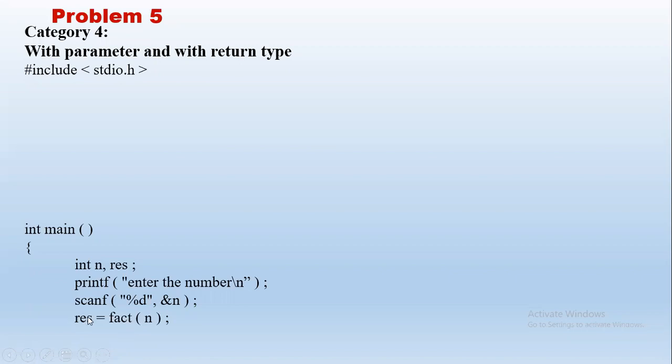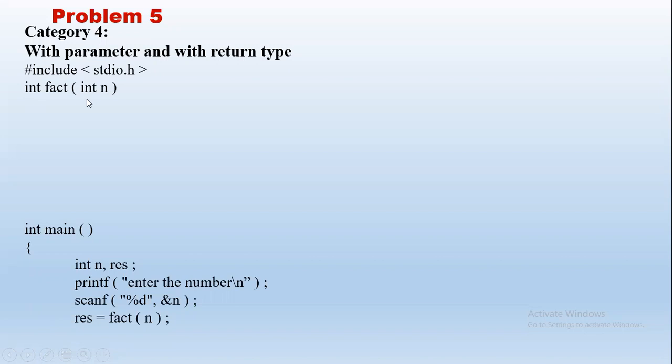Once we have this function call, the compiler will move the control directly to the function. Until now, the compiler has seen only this much, and that is the reason I give it step by step. The compiler saw stdio.h, and there is nothing here, so it just knows there is some function defined. But control always starts from main. So it takes input. After calling the function, only then control comes to the user defined function fact.